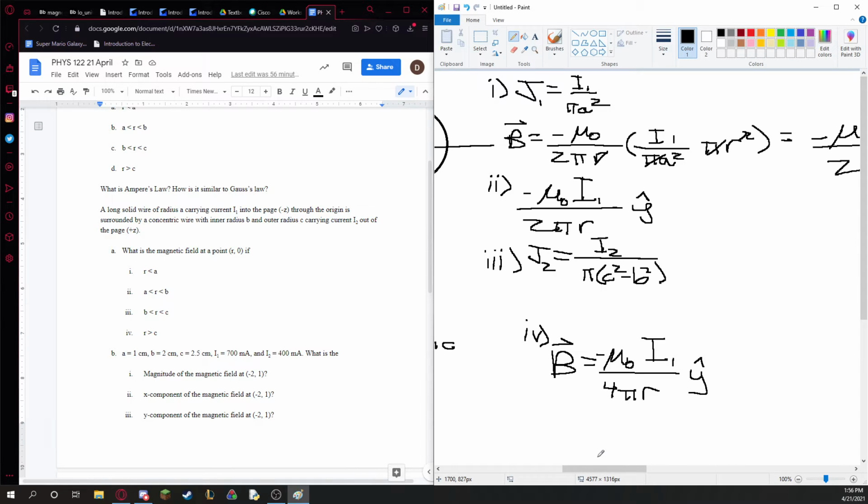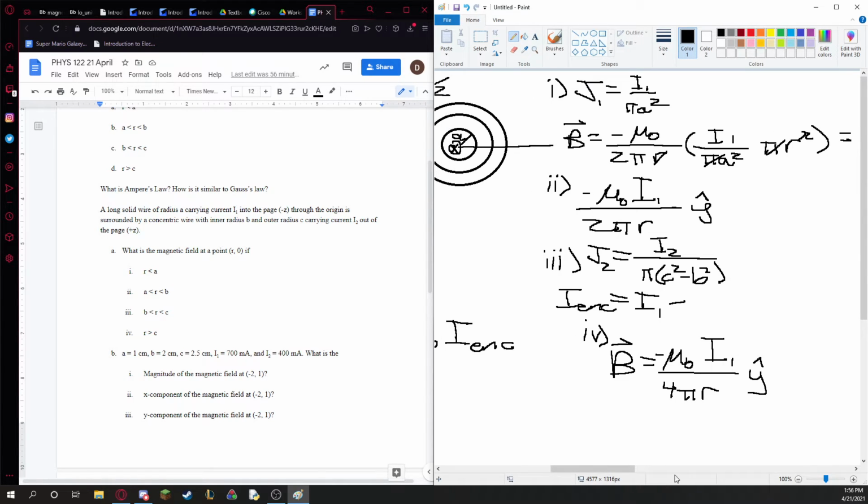So to get our enclosed current, it is going to be I1 minus, because the enclosed current from the outer part is in the opposite direction, I1 over 2 pi, because I substituted in I2 equal to I1 over 2, times c squared minus b squared, times our total area outside, which is